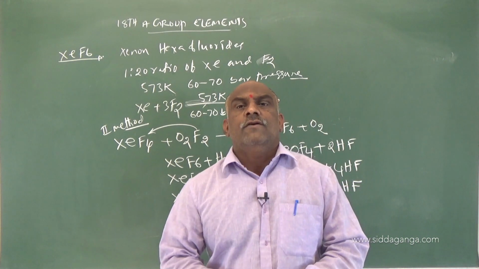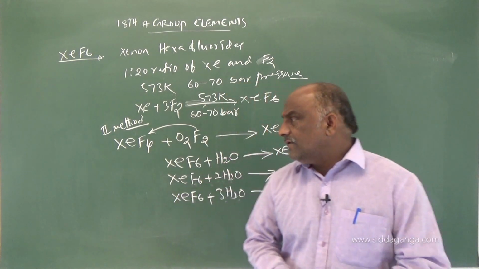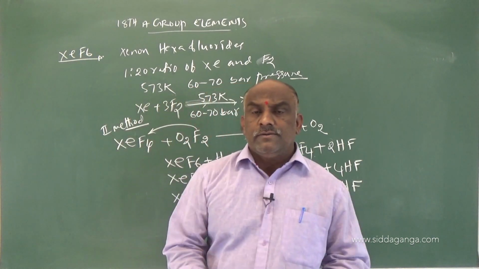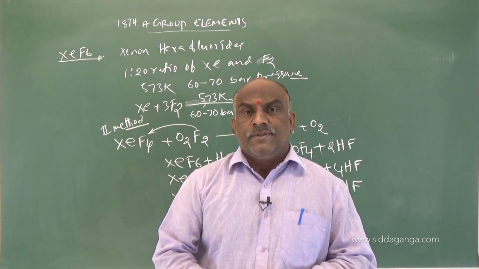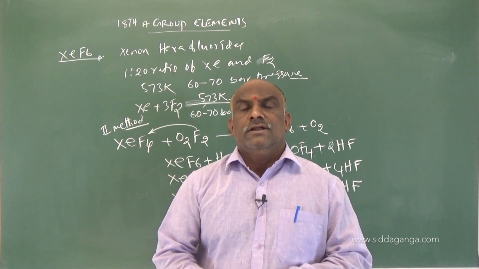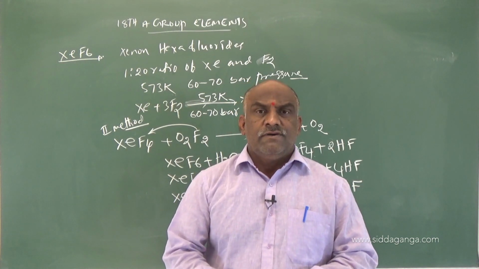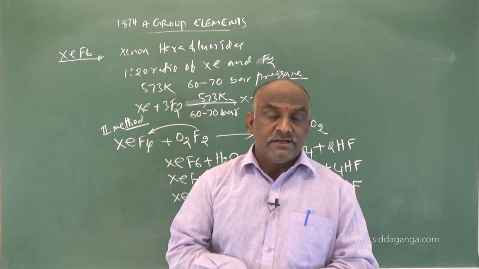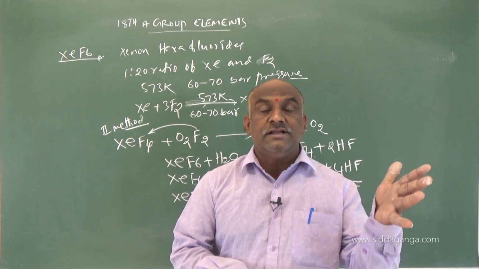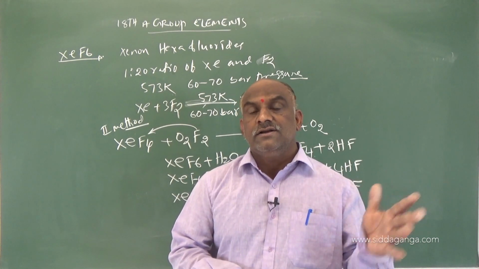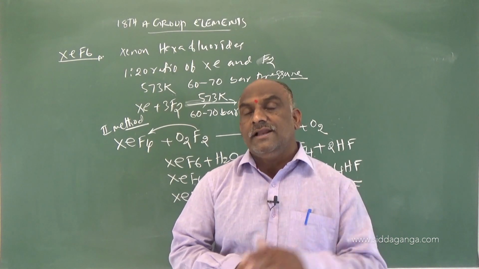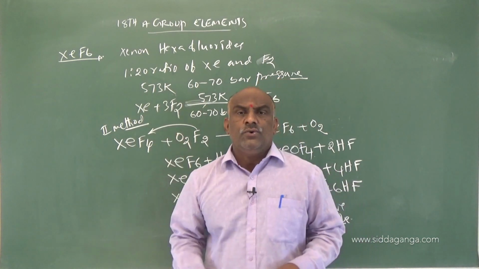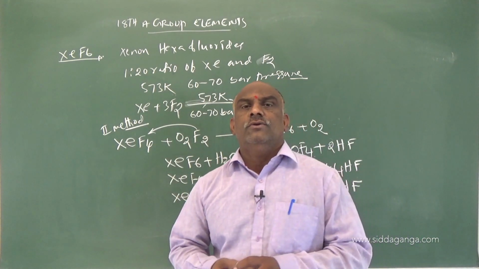And what will be the hybridization? How many fluorine atoms are there in this example? Total 6 fluorine atoms, so 6 unpaired electrons are required. In the last class I said: in the ground state 0 unpaired electrons, first excited state 2 unpaired electrons, second excited state 4 unpaired electrons, and the third excited state contains 6 unpaired electrons. According to valence shell electron pair repulsion, we have to decide the shape of the molecule.